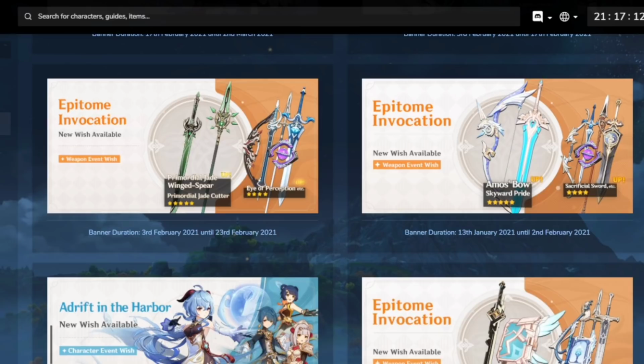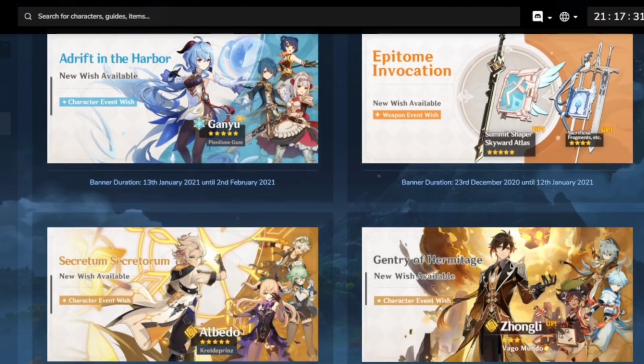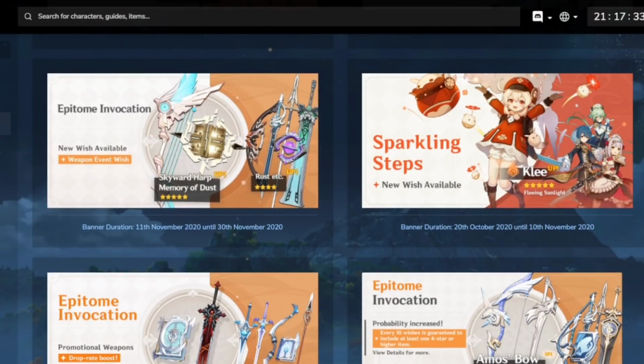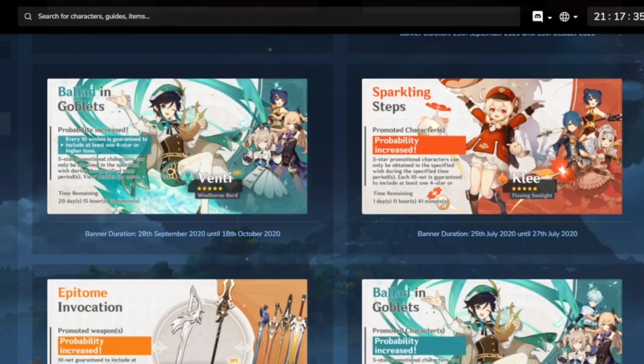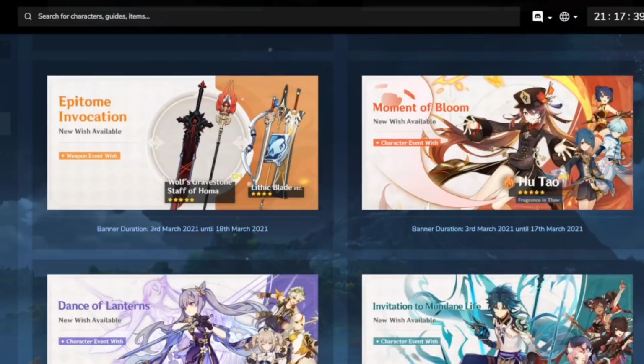I don't think the Primordial Jade Winged Spear would be on there. I don't think they're going to put two polearms. I think that would just be a little redundant to do. So I can't see another polearm being on there. And then I would say the Amos Bow at the very least out of all of those. And then the Aquila Favonia probably underneath that, and then the Summit Shaper probably underneath that, and then the Memory of Dust underneath that. But anyways, guys, just a quick video, just giving you guys what I think could be coming